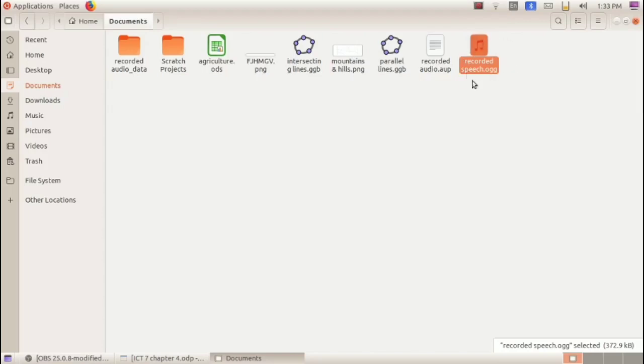So this is an exported audio. When we open this, it is not opened in the Audacity software. Instead of that, we can hear that audio or hear that recording. But the file that we have saved in our last class, the file extension is .aup, which indicates it is an Audacity project file. It is not completed, it is not exported. So when we open this file, it will be opened in Audacity software, and after exporting it will be .ogg. When we open that, it is not opened in the Audacity software. So that is the difference between the Audacity project file and the exported audio file.